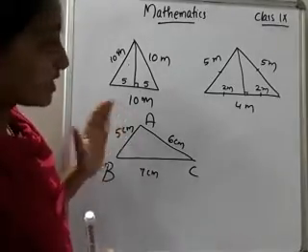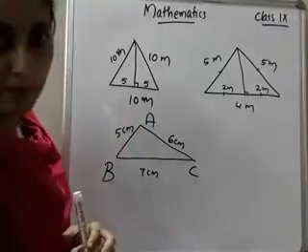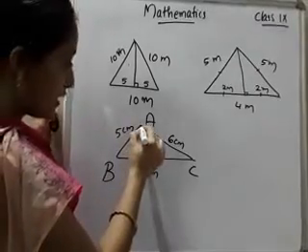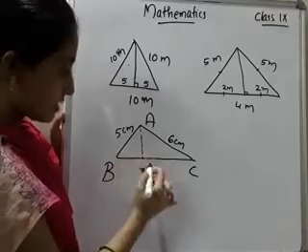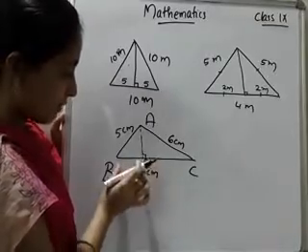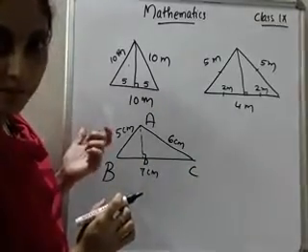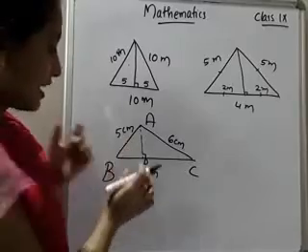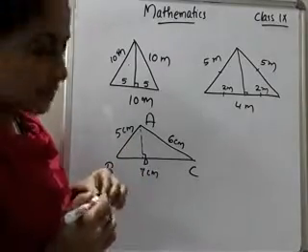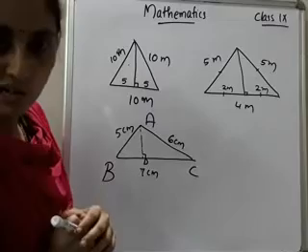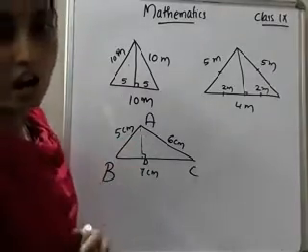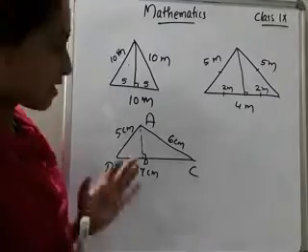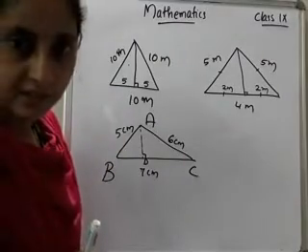You have to find the area of this triangle. We can't draw the perpendicular here, because suppose this is D. Is BD equal to DC? No. So we can't find this length. For that purpose, we are introducing another formula for finding the area of this type of triangle, that means when all the 3 sides are given.